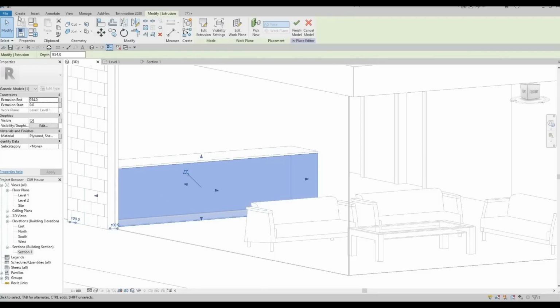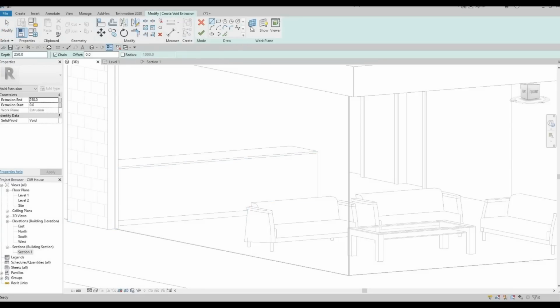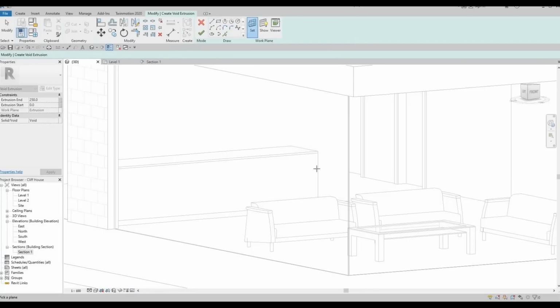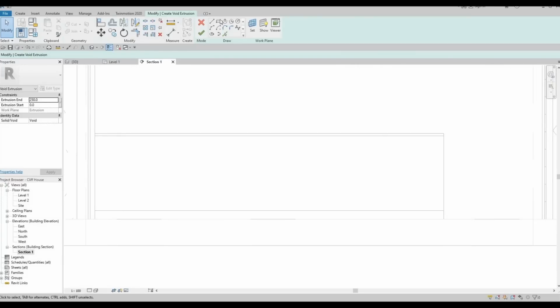So we're going to select this again, and then same thing, we're gonna create a void form and void extrusion. You will need to set it again, so click set, pick a plane, press OK. We will need to select this plane now. Once this is selected, you can now go to section, and here in section we could add in those separation. So what I'm gonna do is I'm just gonna divide this in the middle like that,